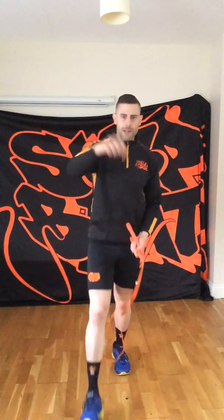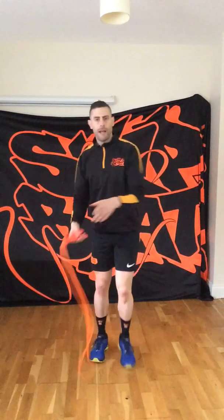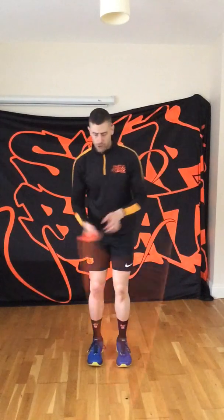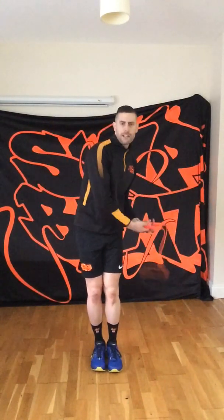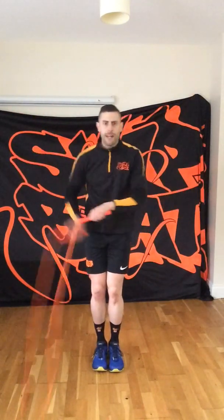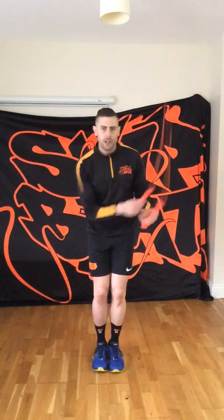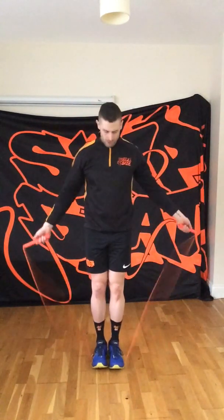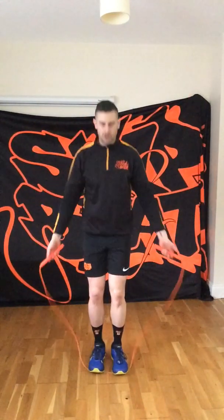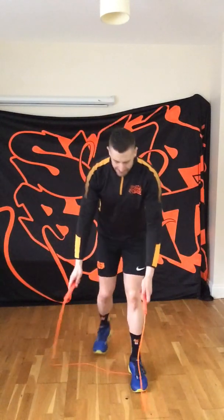Remember, you can rewind at any point and go back to just that one hand, swinging left and right, getting used to the motion. We can also step back and just rotate, bring those hands together. Okay, you've got that option, just to get used to that motion. And then we've got bringing in the side swing, figure of 8. And then we've got open. Then we've got one jump, close, and then one jump, stop. Okay, and then progressing into